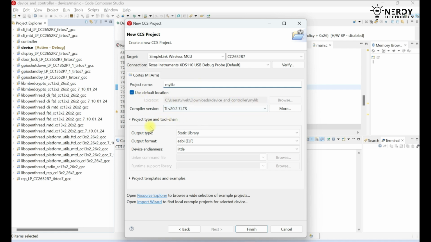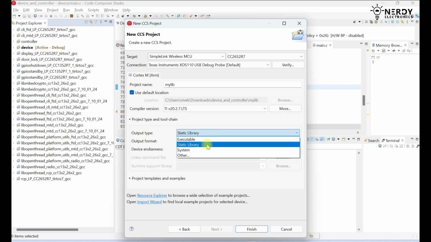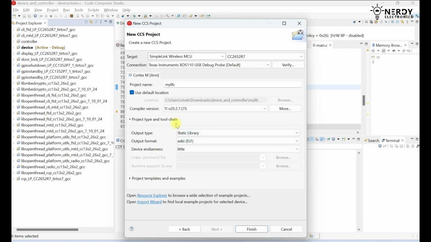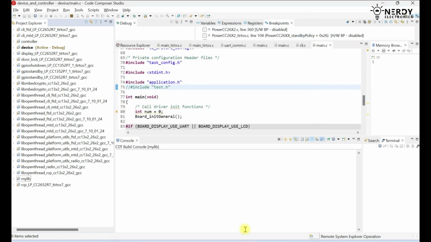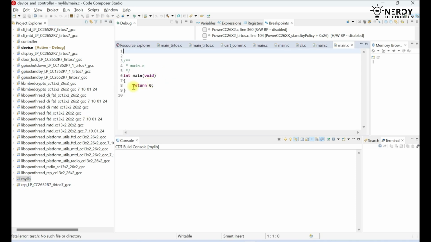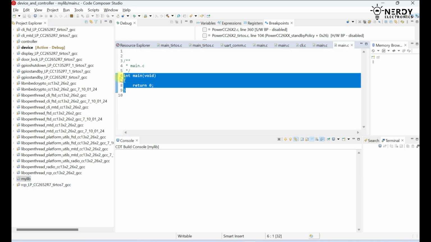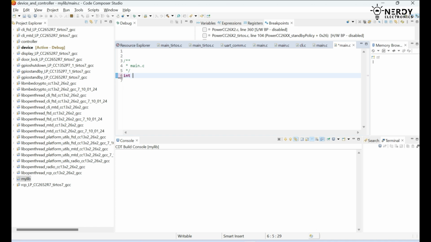Default location, okay, and here in the output type you might have executable. Select it to static library, and that's it. Finish. Here instead of main we'll write another function, say int test call, and here we just return a value, any random value,